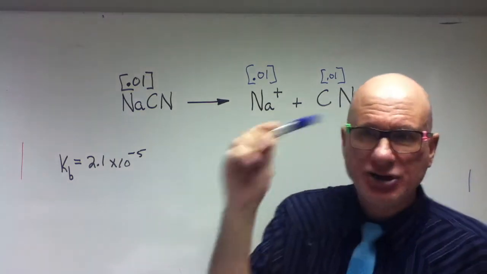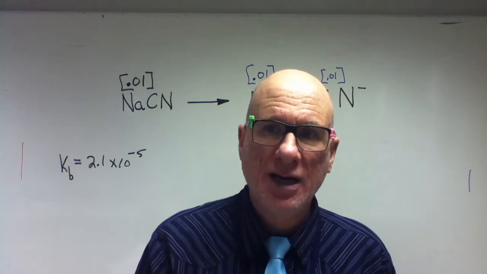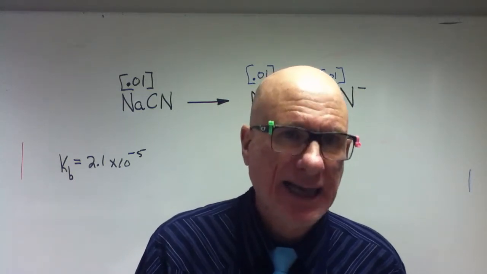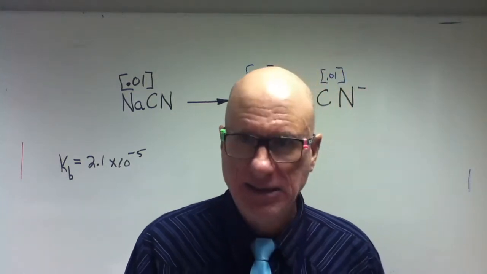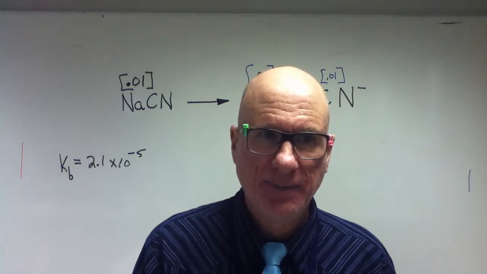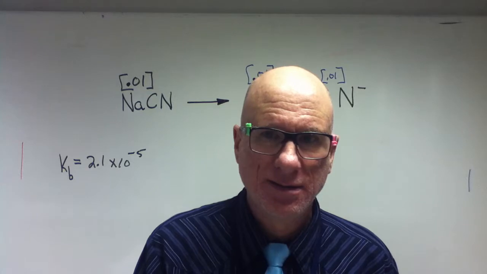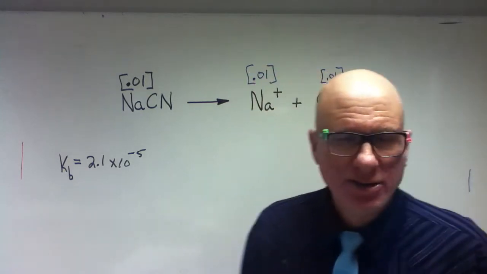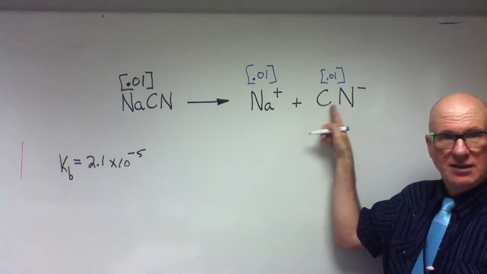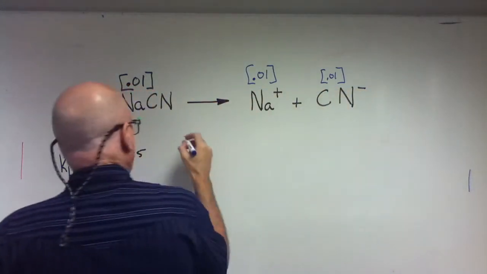Think Brønsted-Lowry, a hydrogen ion acceptor. I'll give you a hint. Cyanic acid is a weak acid. Cyanic acid is a weak acid. So yes, CN⁻ is going to be a base, right? Yeah. Okay, so it's going to be